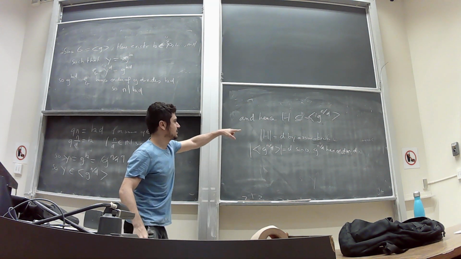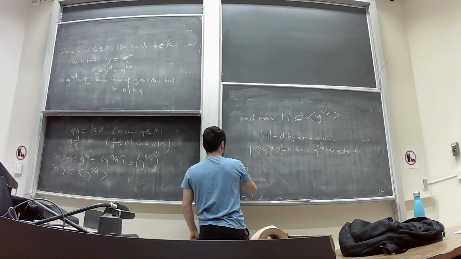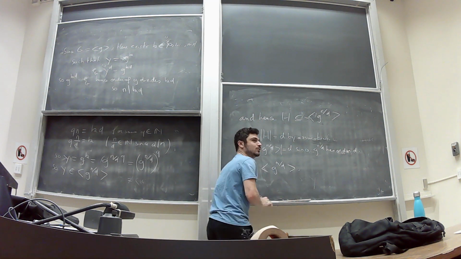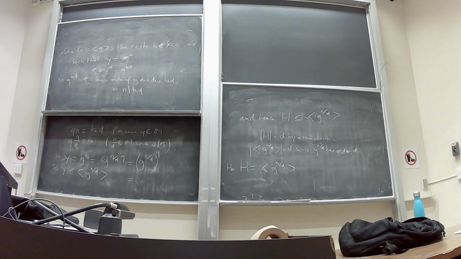Great. Now, this has d elements and this has d elements. What can I say about these? Then H is equal to the subgroup generated by g to the n over d. Yeah, one more theorem. Okay? Sorry, I just wanted to finish it. Now,